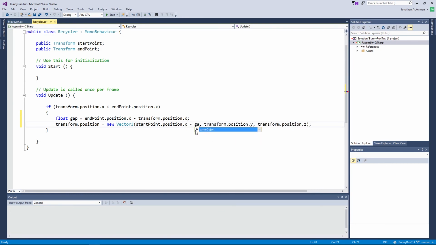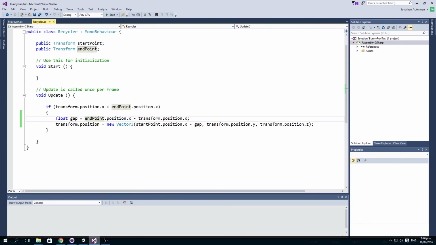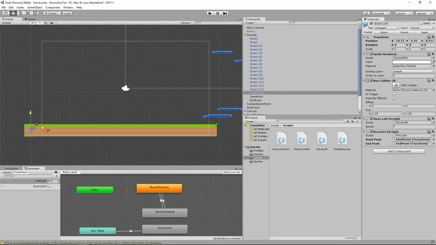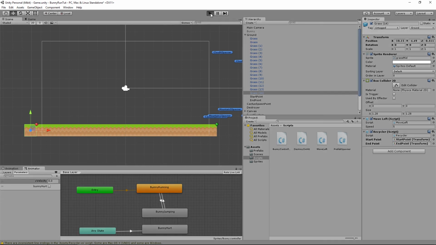from our starting point. So for instance, if I jump back to here, if this one had moved, say, 5 units past this endpoint, we take this point minus the point of the grass, which is now 5 units past. That gives us a gap of 5, and then rather than recycling that tile straight to this point, we're going to cycle to that point minus 5, so that will close up the gap because these guys have all moved on a bit. So if we run that code now,